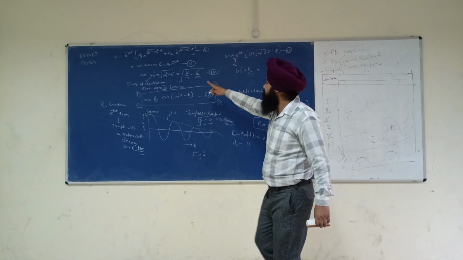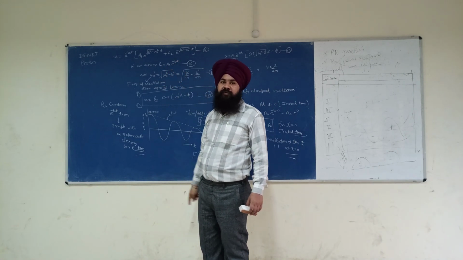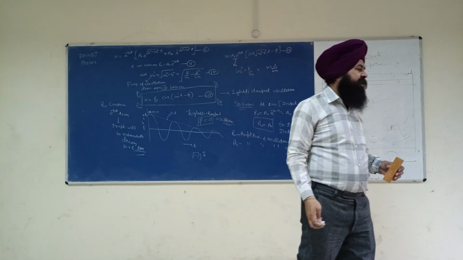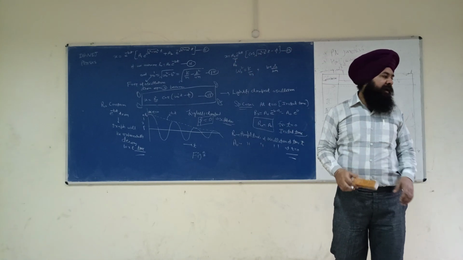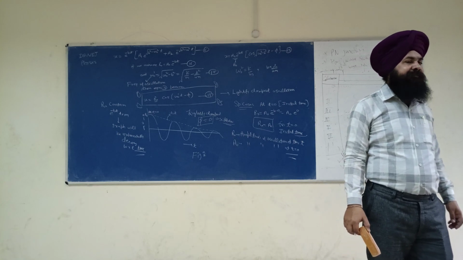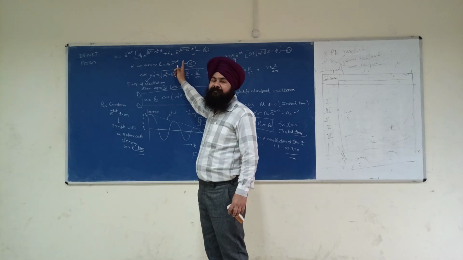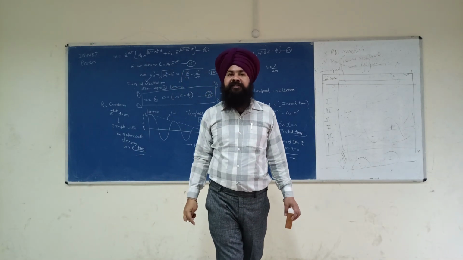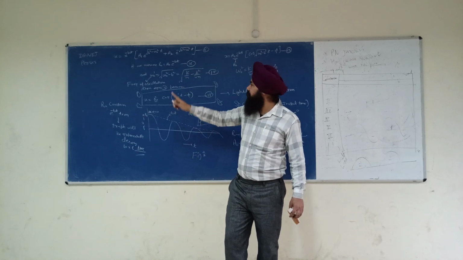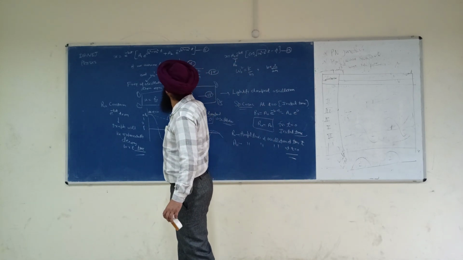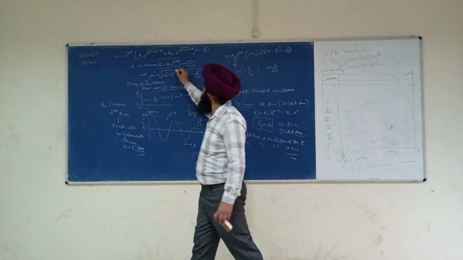See, this is by this relation. R0 is equal to A0 e raised to power minus b. Okay. So the amplitude of oscillations decreases exponentially from initial value A0 to R0 at time t, by using equation 16. Please write the equation. By using equation 16, R0 is equal to A0 into e raised to power minus bt.